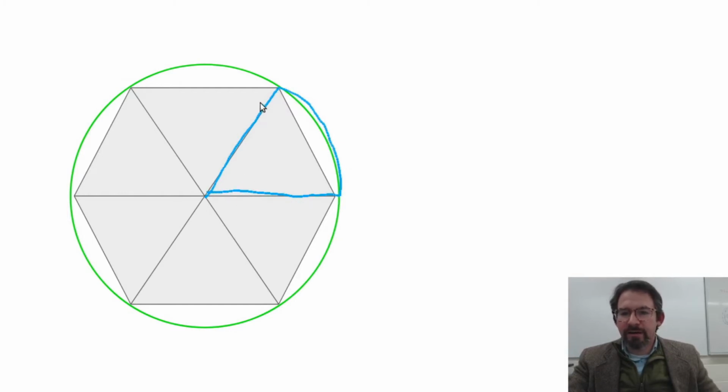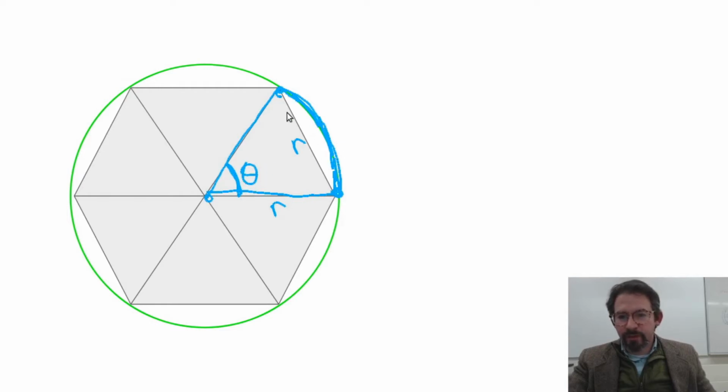I know I had an equilateral triangle here, which means that this curve here, the crust on the pizza wedge, must be longer than this side, whose length is the same as the radius, since we have an equilateral triangle here. So this is the size of angle we're talking about if you want to divide your pizza between 6